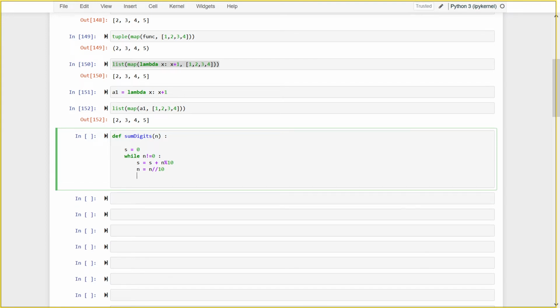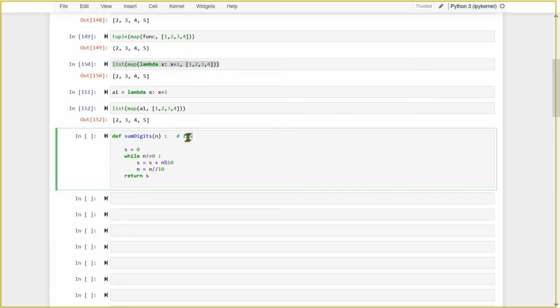A point comes when it will get out of the loop. I will say return s. See, what is happening is a number comes, 1, 2, 5. See what is happening when I do this operation. s is 0. Suppose I am taking a number like this, I have passed 1, 2, 5. So first my remainder will be 5. s is 0, so the value of s is 5. And here what I am doing, this gives me 12. n becomes 12 now. From 125 it becomes 12.